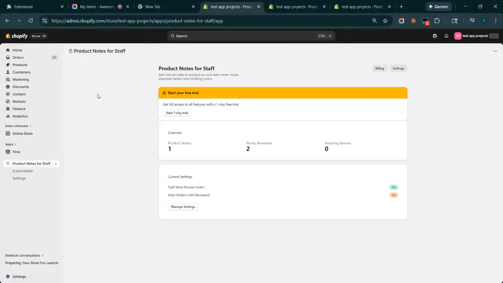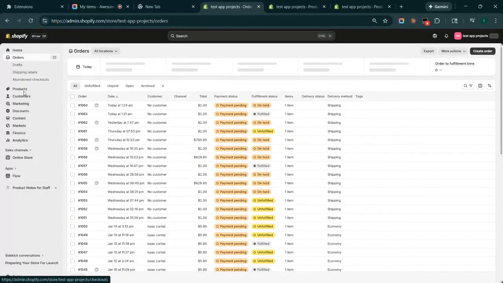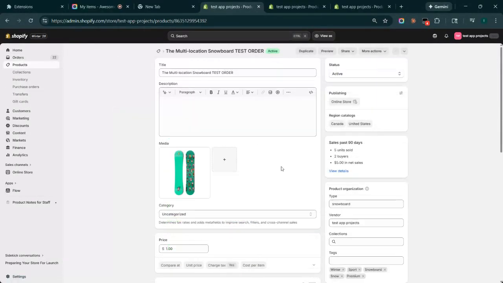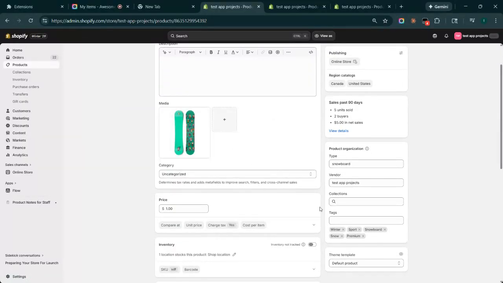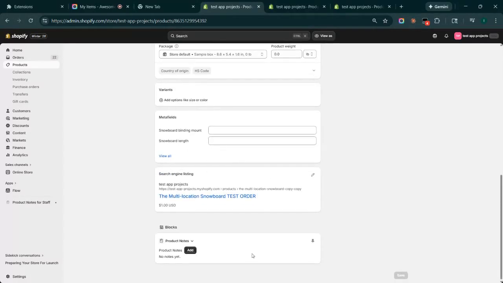The video is to demonstrate how the Product Notes for Staff app works on Shopify. The purpose of this app is to give you the ability to attach an order fulfillment note to any product. For example, on this test product, you'll notice if you scroll down, there's a